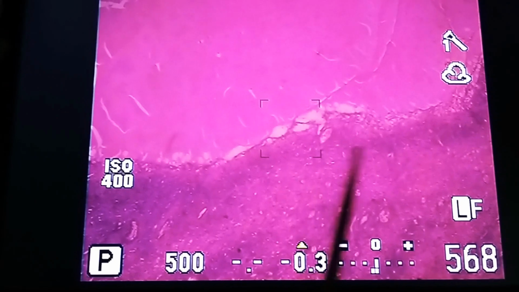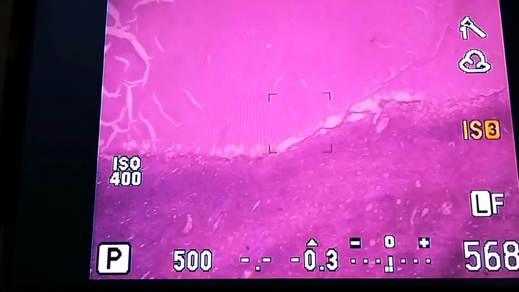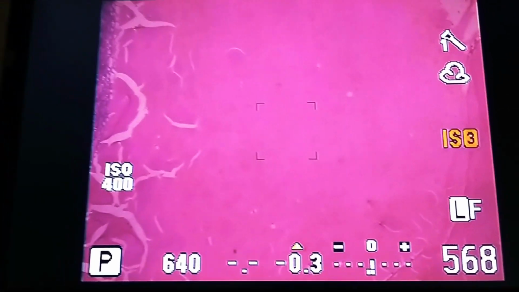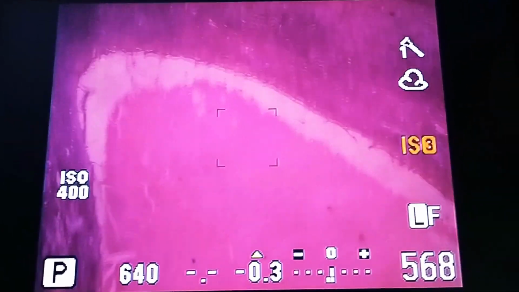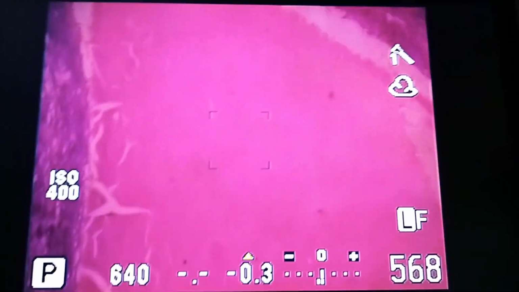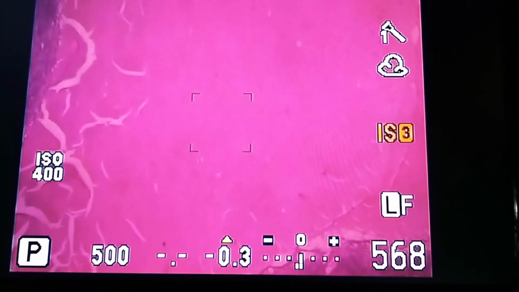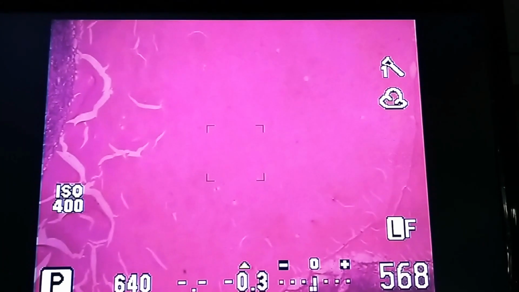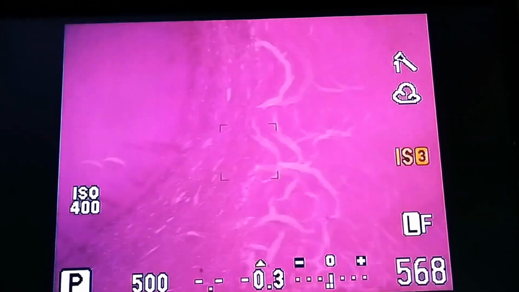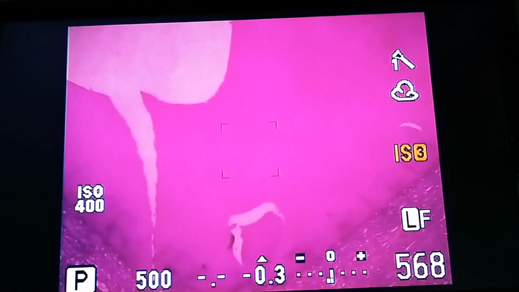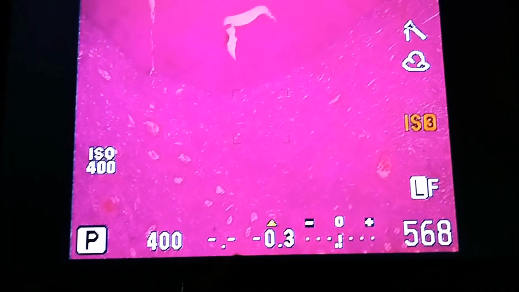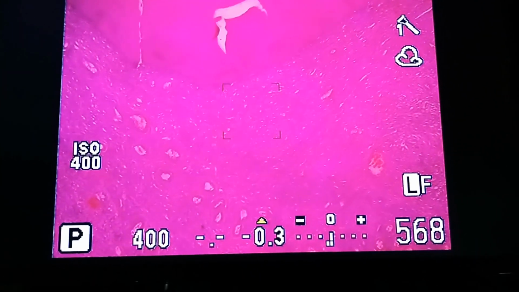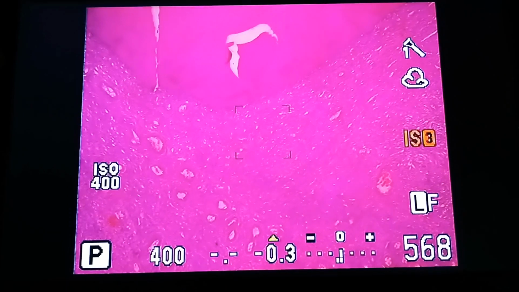So you can see the cell layers here. Lumen is almost closed. We cannot see any lumen here, and slowly this will become completely squeezed out, and it will become an atretic follicle. So two different types I have shown you, and on the side you can see blood vessels and nerve endings and all that will be on the other part of the ovary.